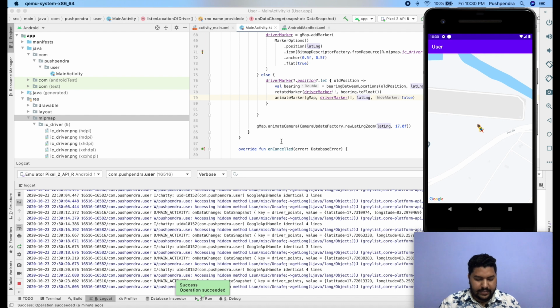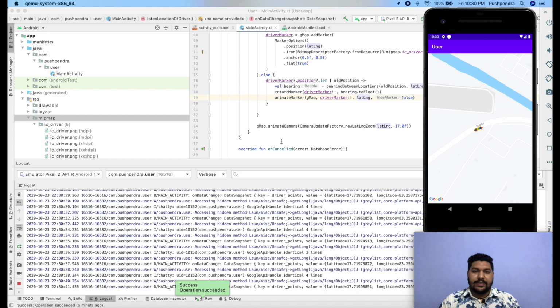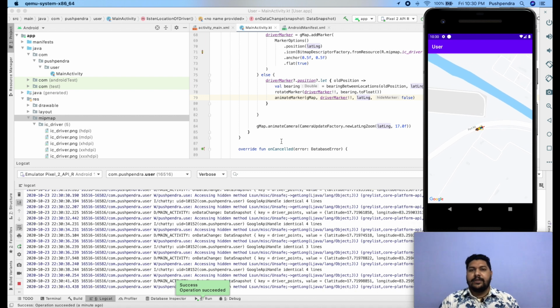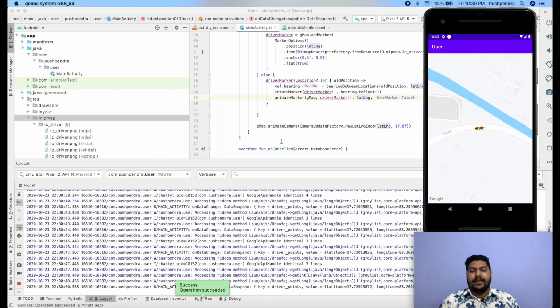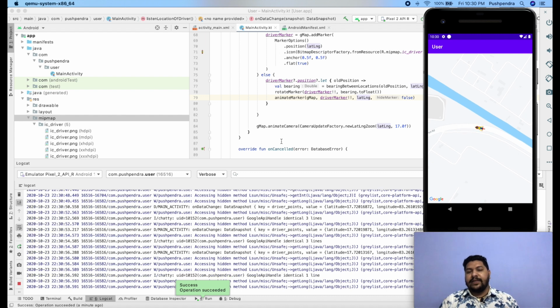Now we will see the output again and it will move hopefully. Here you can see it starts working and it will rotate also. So guys, thank you for watching this video. I hope you understand the complete structure of how the driver moves in an Android application and how big applications work nowadays, like Ola, Google Maps and Uber. So many more applications follow the same strategy for moving the marker.